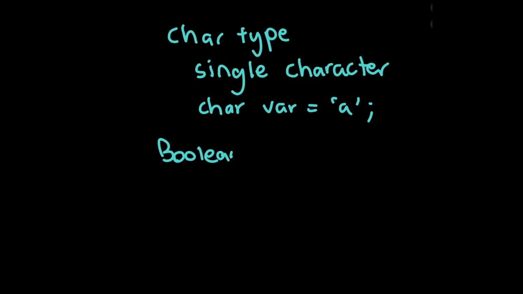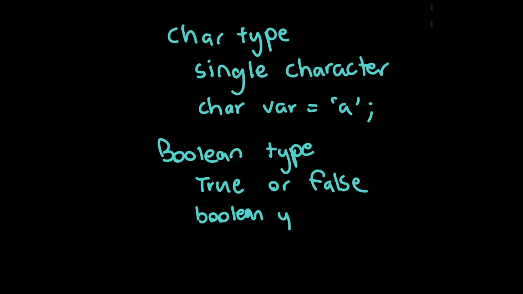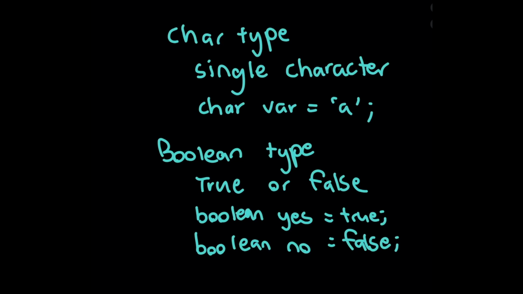Boolean type. Booleans are variables that hold a true or false value. In Java, we declare a boolean using boolean before the variable name. Here are a couple of examples: boolean yes = true; boolean no = false;